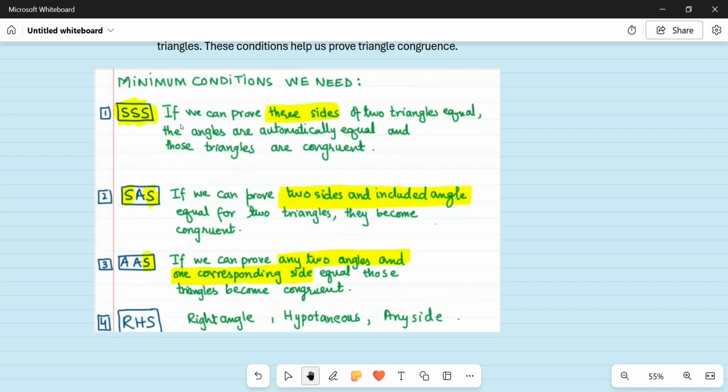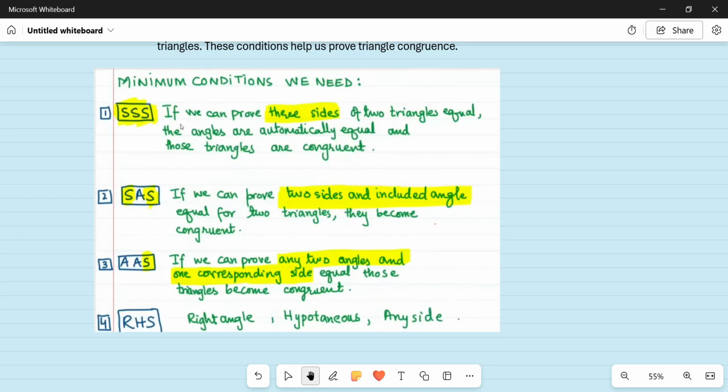The first one is SSS. It means that the three sides of the triangles are equal, so we can say that the triangles are congruent. Now the second option is SAS. S, you know, is sides. Both sides and the angle included between them are equal, so the triangles are congruent. If a triangle has two sides the same and the included angle equal, we can say the two triangles